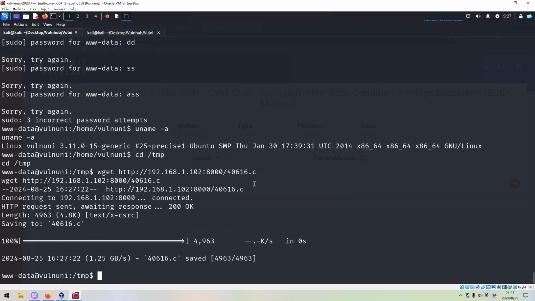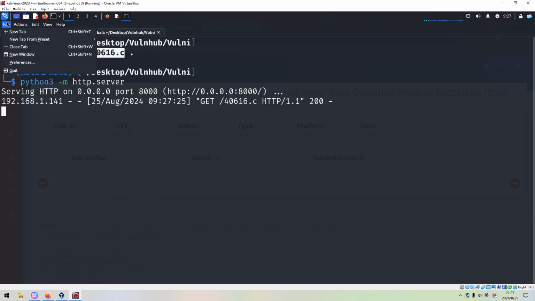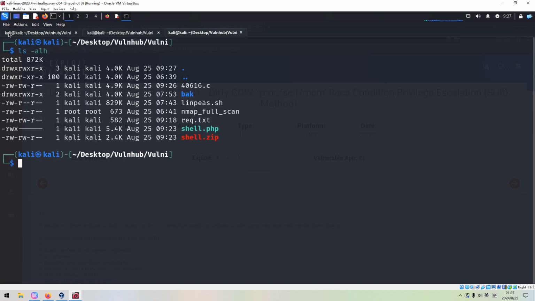Okay, and so next I think we can use the GCC compiler to compile it. We need to check whether GCC is available on the target. It indeed is available. So let's open up a new tab. And how to make the compilation? Always such information would be included in the code itself.